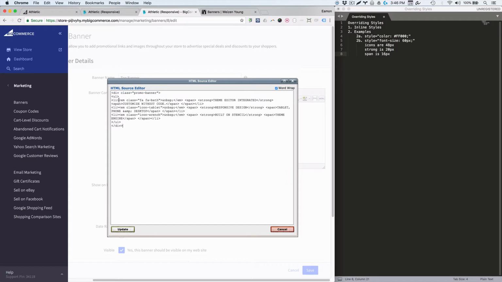So that's all going to be within this EM tag. Right now we have the class assigned to it, which is the Font Awesome icon. To add an inline style, you basically just add in style equals quotation marks, and then you can put in whatever information you want. We're going to change the color to, I believe this is yellow,